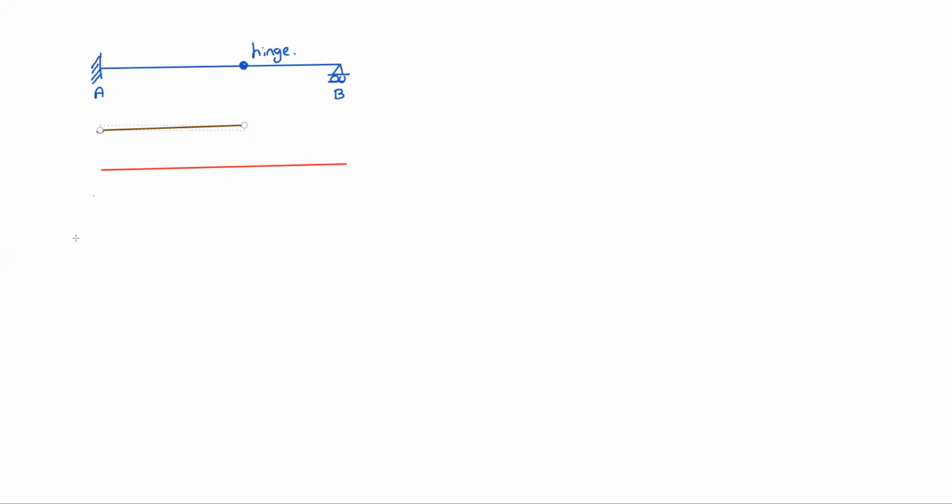If I give a push in vertical upward direction at A, by making it a guided roller, it goes up and it will be horizontal up to the hinge, and it cannot be dislocated at B point. At the hinge it can take a bend. That's why it will be like this. I have given 1 unit here. Here also it will be 1 unit. So this is positive, positive. This is ILD for RA.